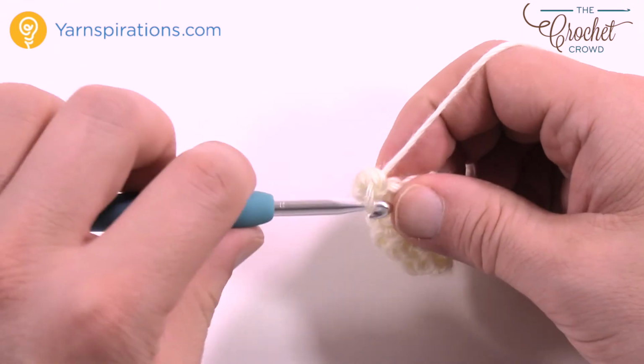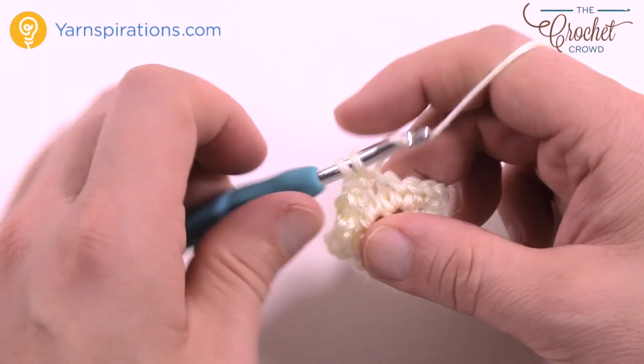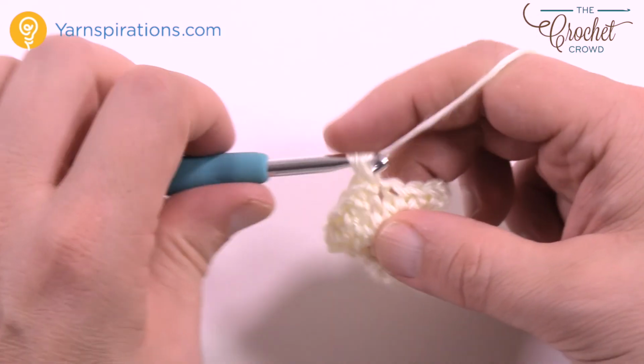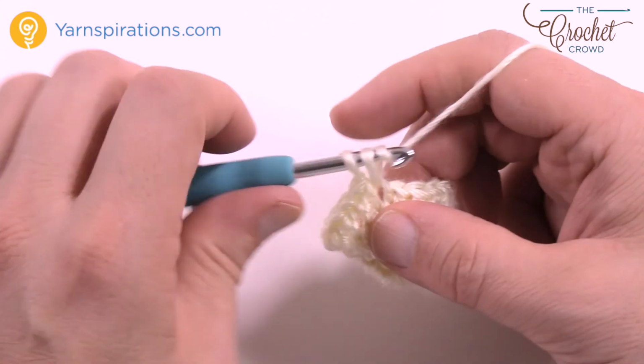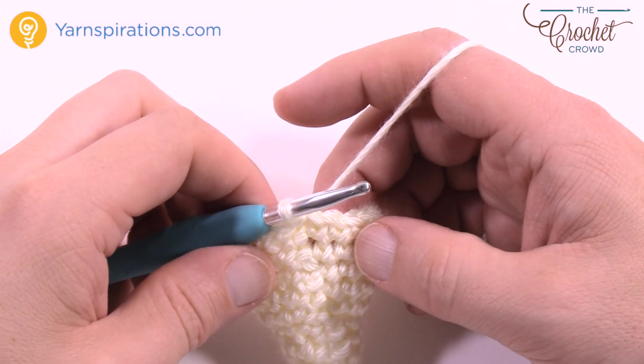So please do that for 4 rounds, and then meet me back here and get your stuffing ready, because we'll just have to lightly stuff the inside of this if you wish to do that. So just 1 single crochet in each for the next 4 rounds. Okay, so now that I have that done, the final round is going to